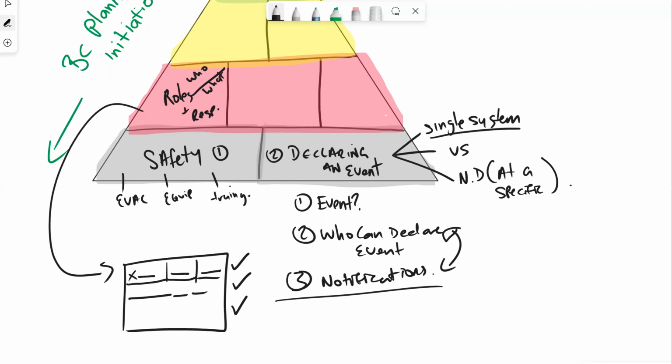So training is a really important area. I'm just going to put training here as well, because should we need training, we have to factor that in and account for it as well. So the next phase from here, once we've identified our roles and responsibilities, is to move on